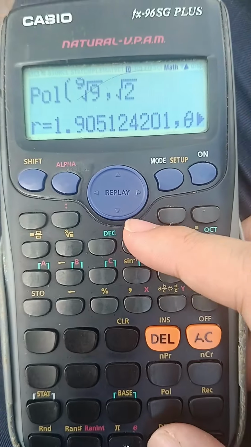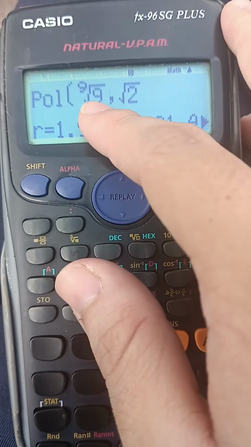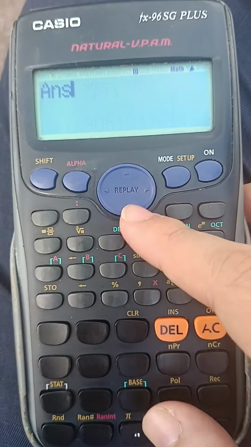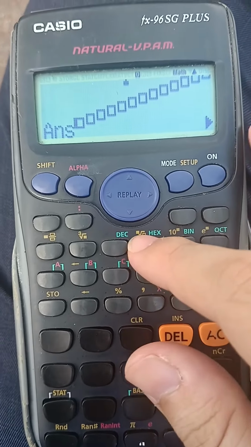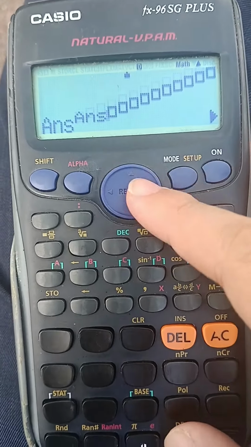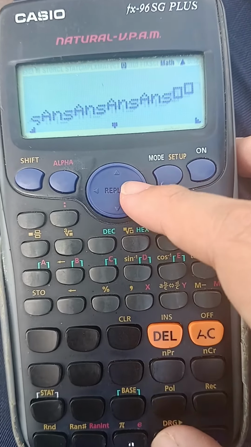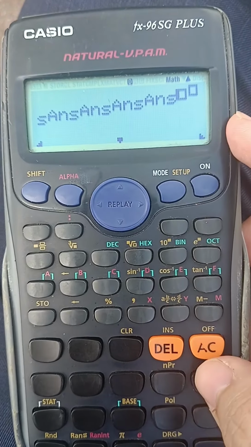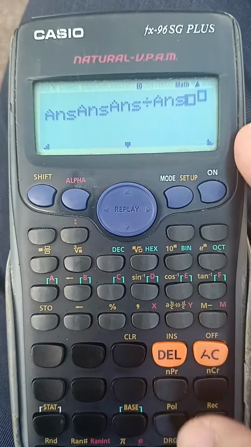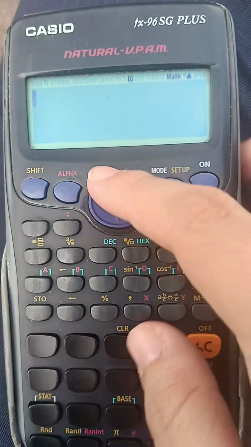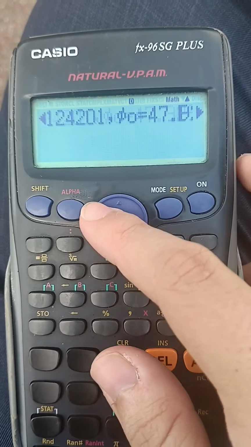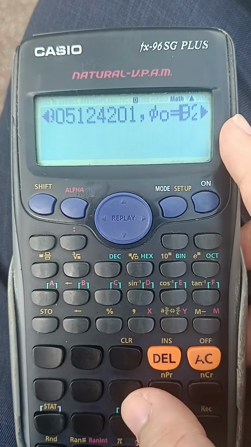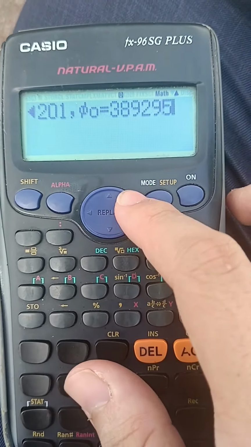So what you want to do is you pull 9 with 9, comma square 2, and then uns, spam this button to the power of, then fill all of them with uns until you get to the second last one, then divide uns plus, remove the plus, equals AC up, AC left. So you remove the dots, then you replace 47 with 38.